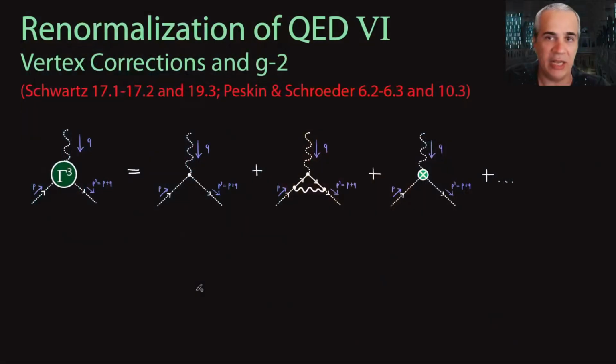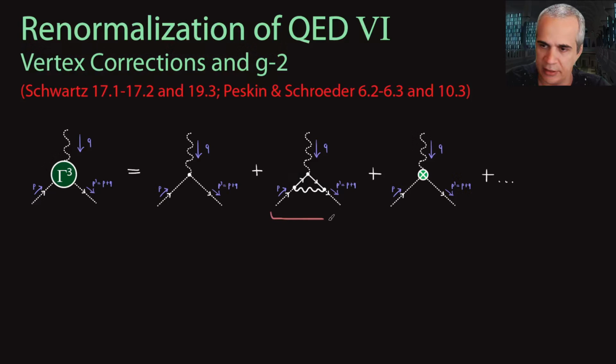Hello, a few videos ago we set out to do one loop calculations in QED, and we found three loops we needed to calculate: the one loop correction to the photon propagator, the one loop correction to the electron propagator, and the one loop correction to the QED vertex. We already did the first two, and today we tackle the last one, which is this diagram